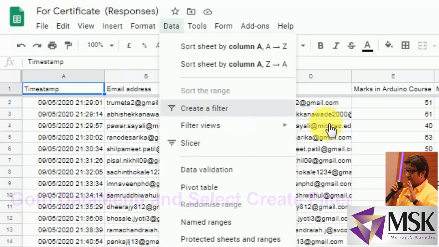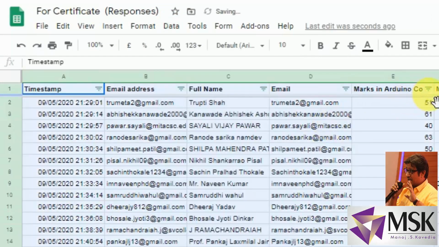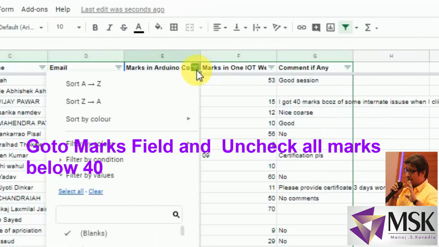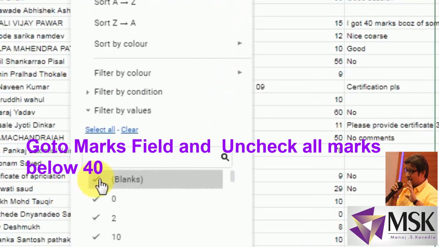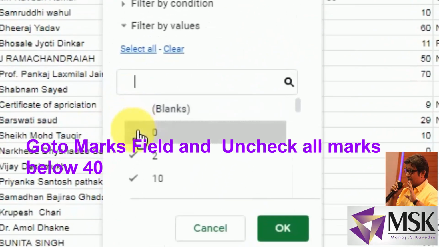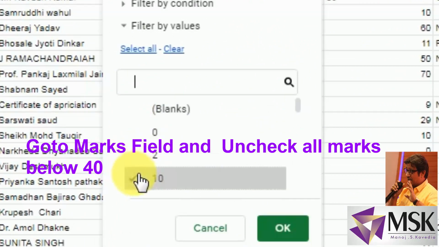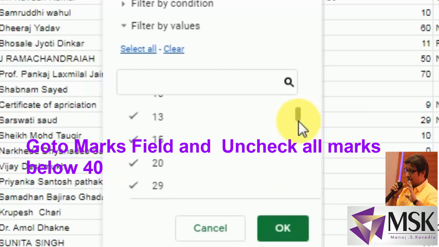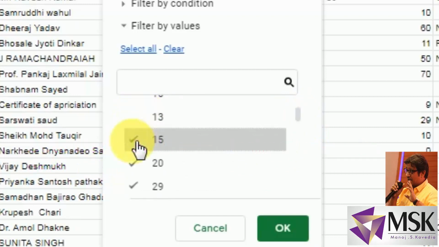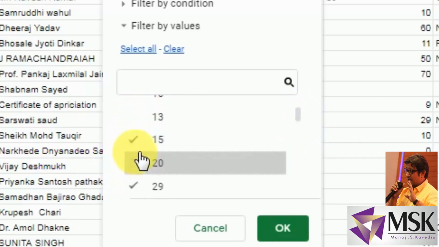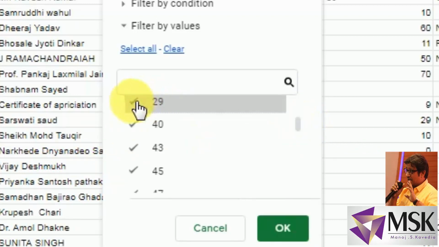So first filter out the marks, because I need all the marks which are greater than 40. So uncheck all the fields of those who are having marks less than 40. It will show whatever marks they have got, and just uncheck those marks. In this case it is till 29, and nobody got marks between 29 and 40.